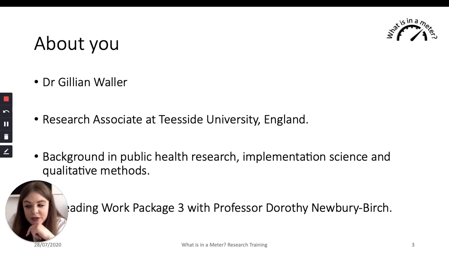My primary research method experience is largely qualitative, as I've undertaken lots of one-to-one interviews, motivational interviews and also focus groups, and I've also been involved with lots of qualitative data analysis. As part of my current role at Teesside, I'm one of the researchers working on the Watson and Meter project, so I'll be specifically responsible for the qualitative work, which will be conducted as part of work package 3,